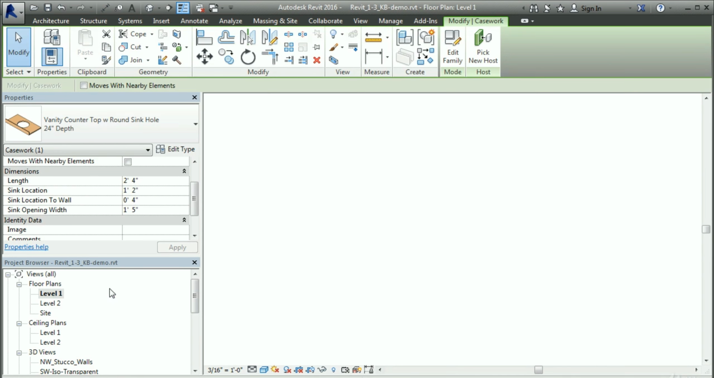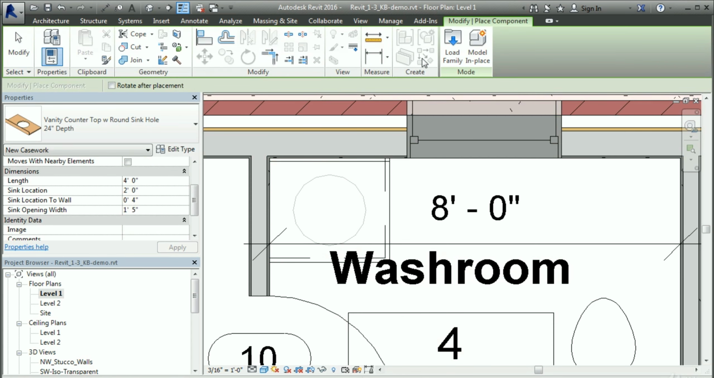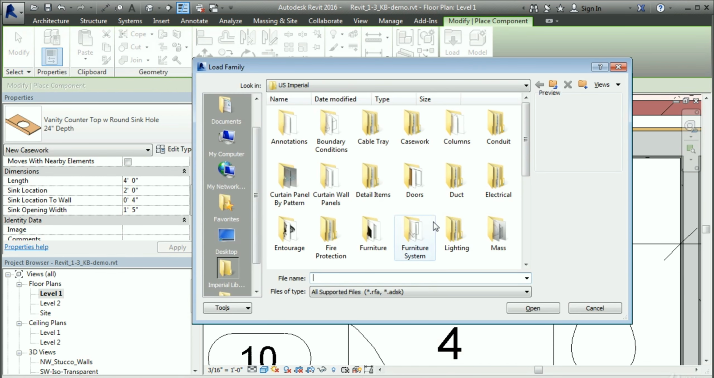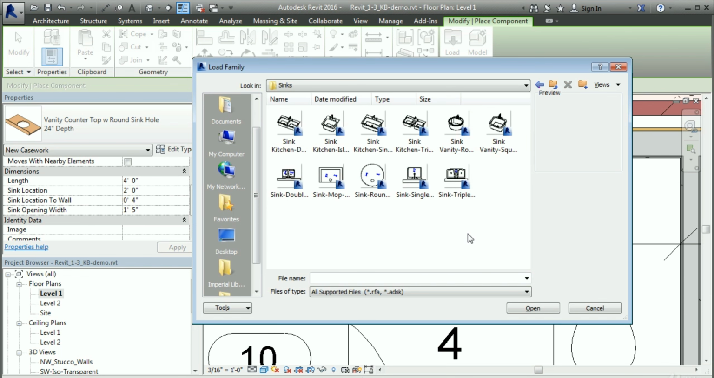We'll go back to the plan view again, and we're still zoomed in that area, and now we're going to add a sink as well. So I'm going to start my component command, choose Load Family, and then we're going to go to the Casework again. Actually, no, it's in Plumbing Fixtures. So we'll go to Plumbing, Architectural, Fixtures, and Sinks, and we want a Sink Vanity Round. And we'll open this,